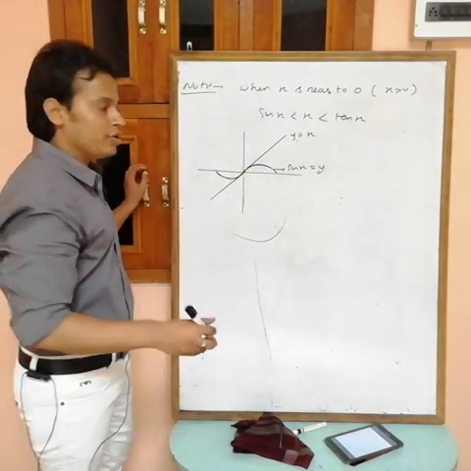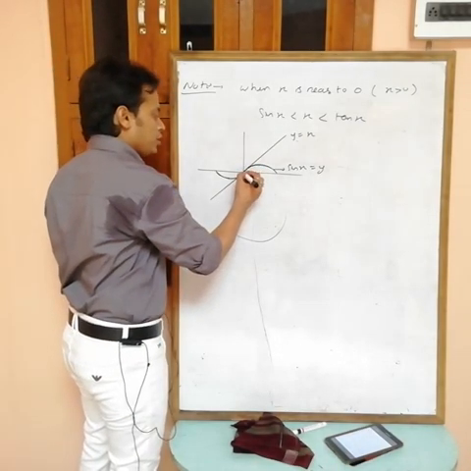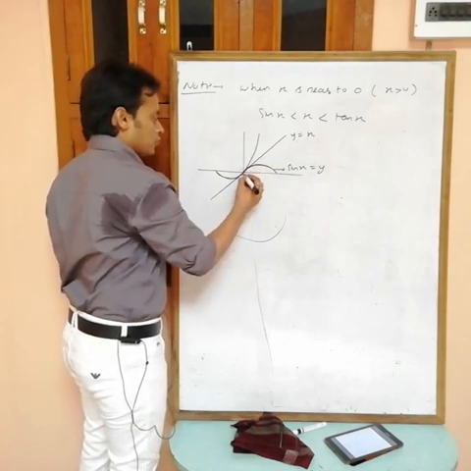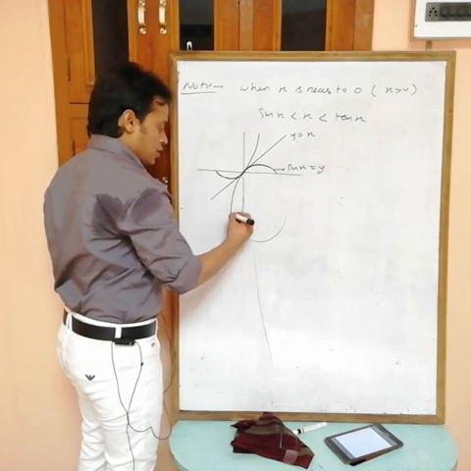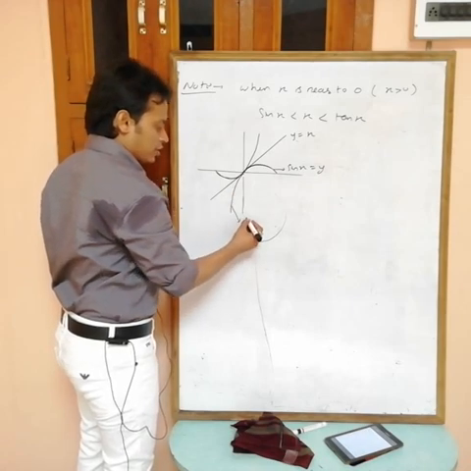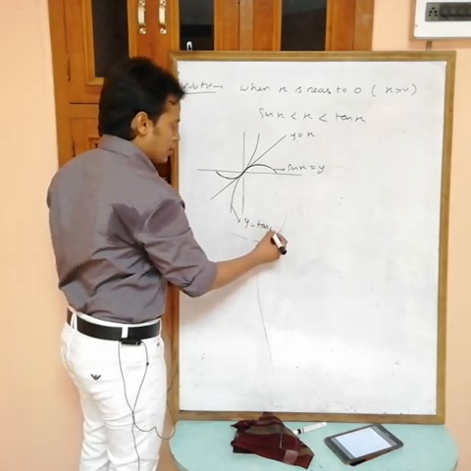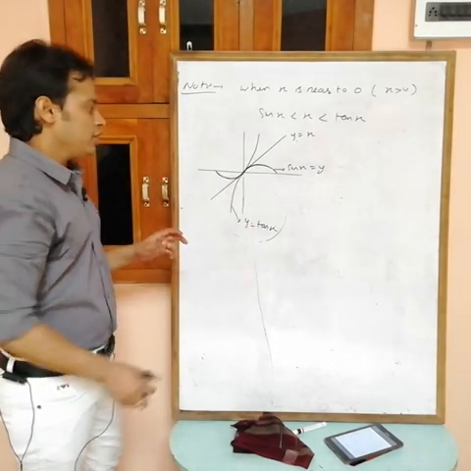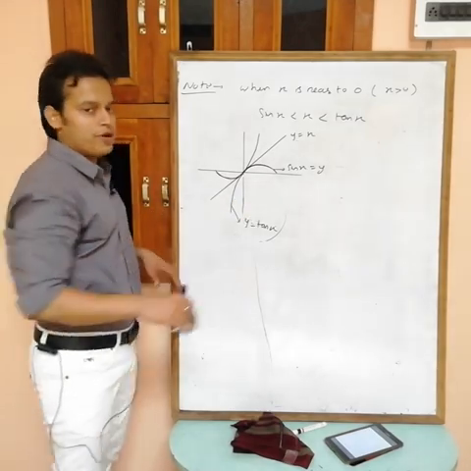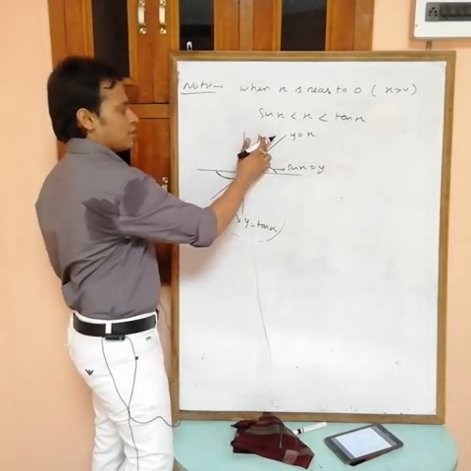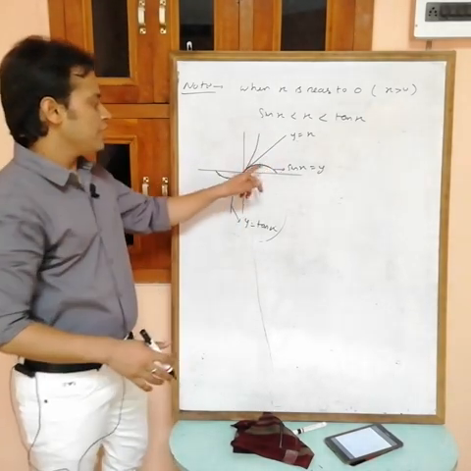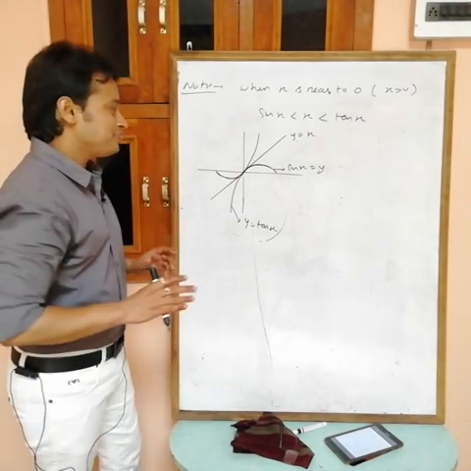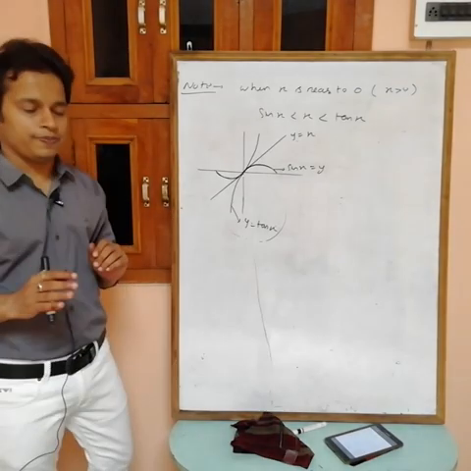And if you draw the graph of tan x, then the graph of tan x is always above this one, like this. And for negative, below this one. This is the graph of y equals tan x. At pi by 2 this becomes infinity, at minus pi by 2 and at plus pi by 2 this becomes infinity. So this is tan x, this is x, this is sin x. Sin x is less than x, x is less than tan x. Okay, when will we use this one?